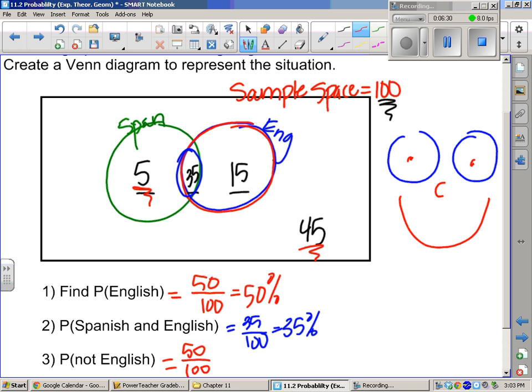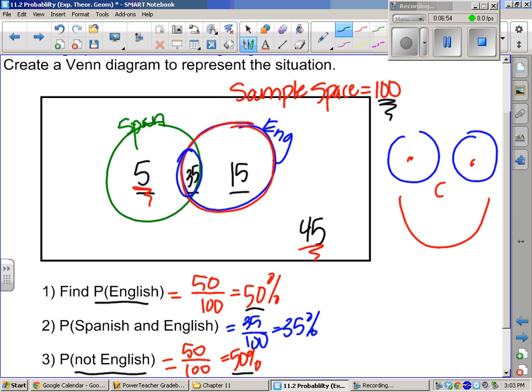I see another 50 on there somewhere. Right. Okay. So in number 1 we are talking about kids that are in English, and here we are talking about kids that are not in English. If we added those two things together, they should be all of the kids. That's called, they're called complements. I see. They complement each other because...